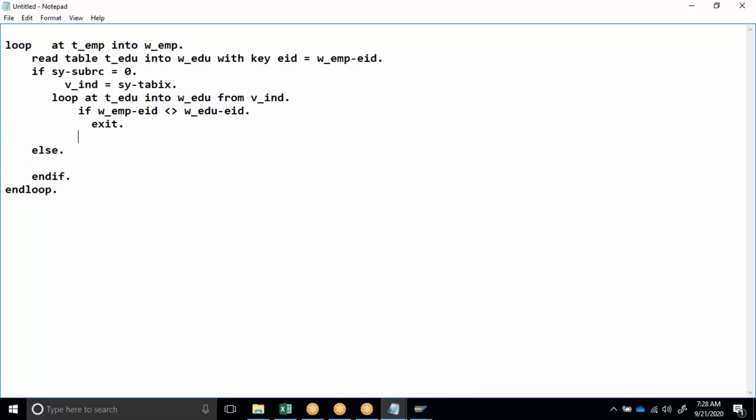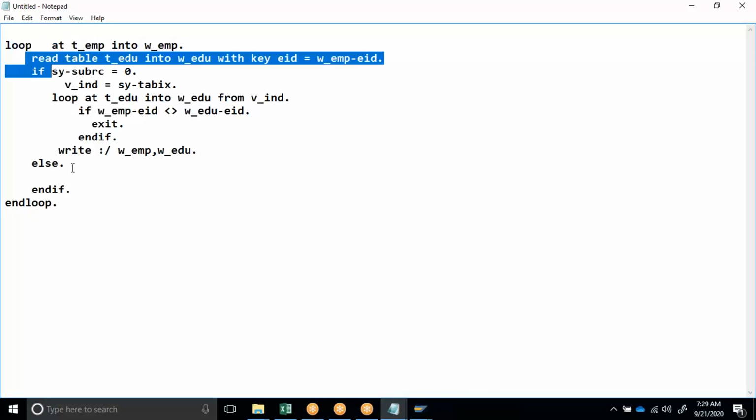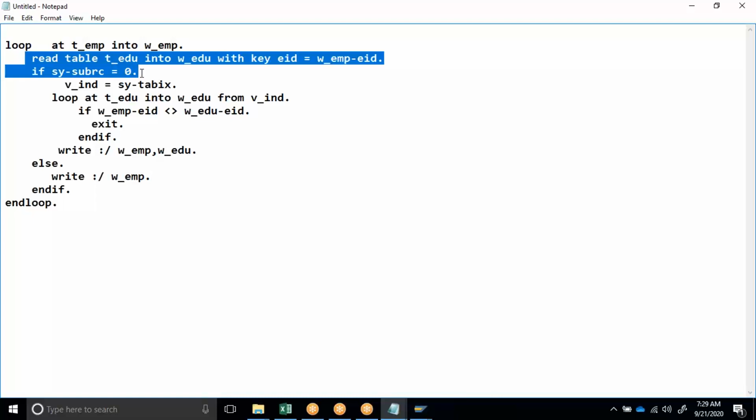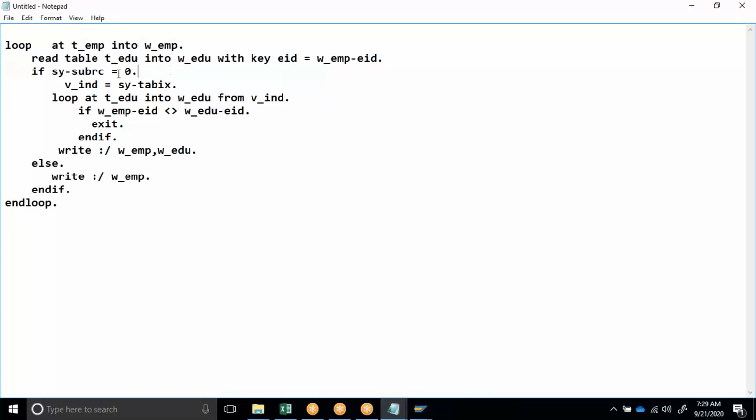And write employee records here, education records here. If the employee doesn't have education, the read statement will fail, so that will come to the else part, write employee records. Because you are not using a read statement, it is wrong. In a parallel cursor, the read statement should be there.